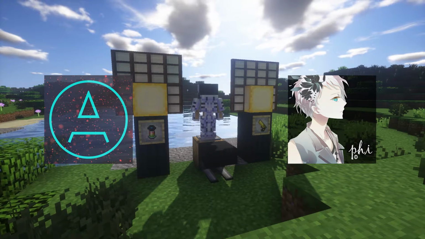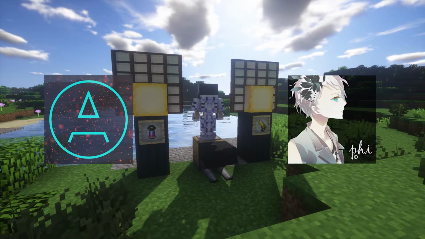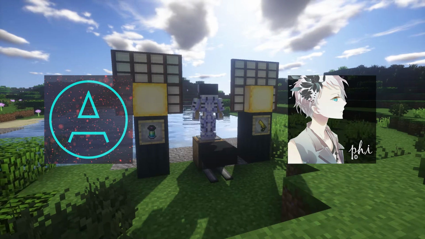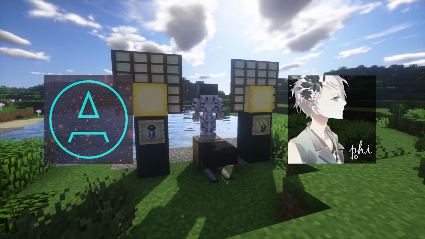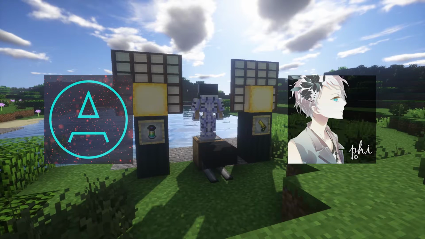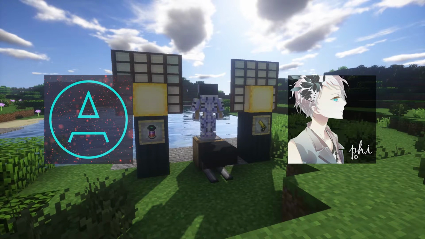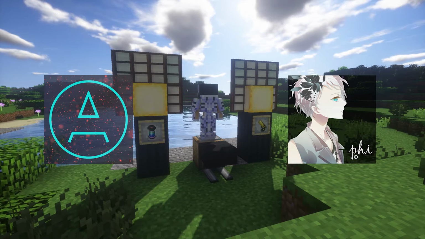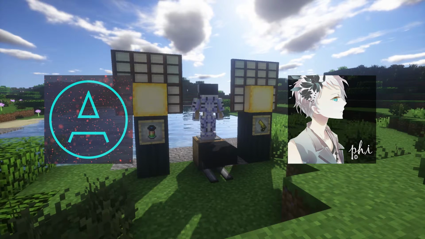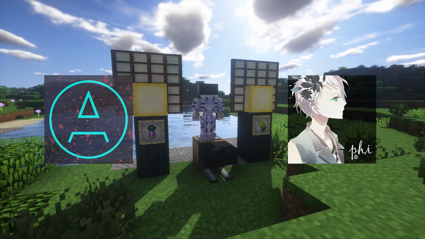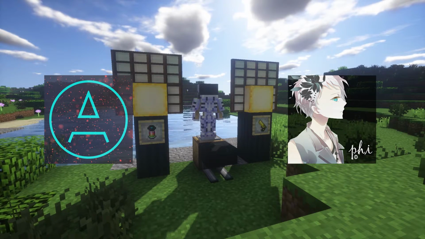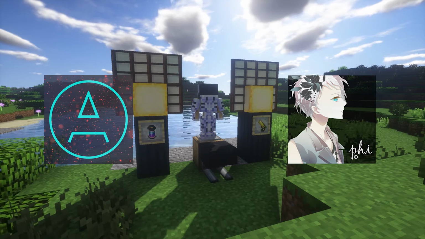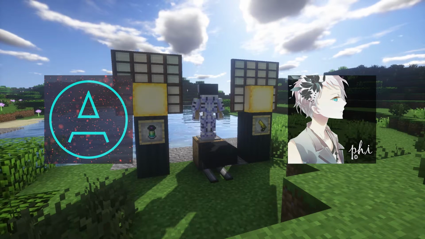Well, I have been modding for quite a while now. I started in April 2011. It depends on where you look at it, because I started in April with a copypasta hack job mod. I didn't know how to program back then, so I just copy pasted some stuff. Then 1.6 came around, like beta 1.6, and I had no idea how to update this, and I didn't. And then 1.7 came around, and I went back, and well, I'm still here. It's been a while. It's been like 5 years now.